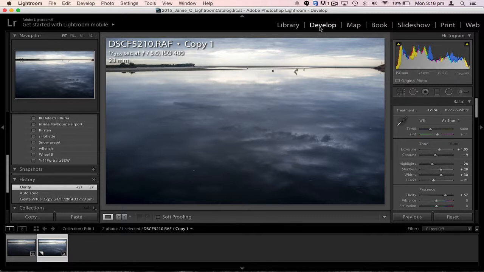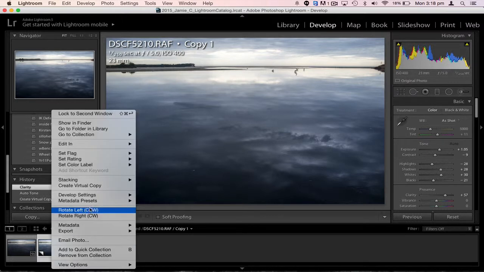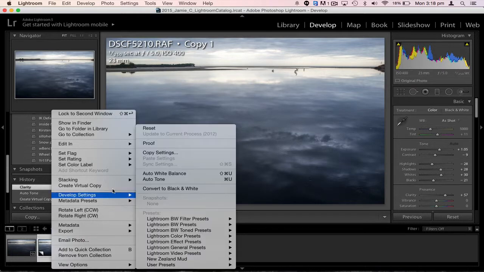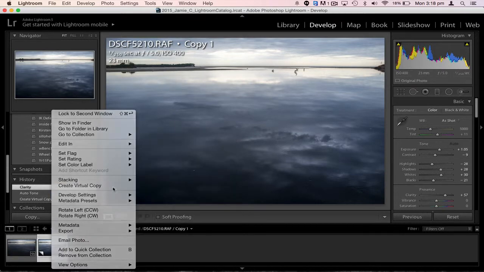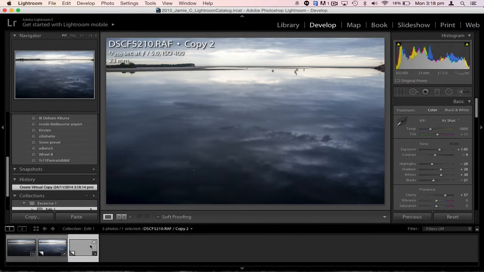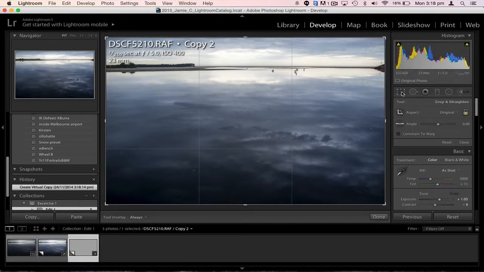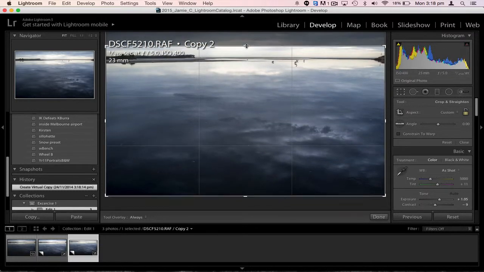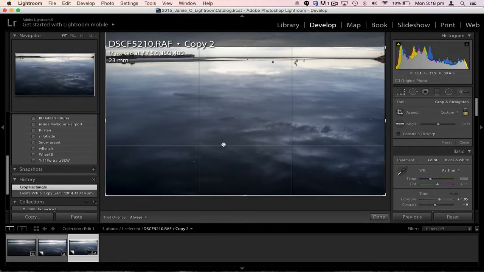Now I'm in develop mode. In the film strip at the bottom, I can right click on this photo and go create a virtual copy. So I'll click on that and create a new one. This time I'm going to crop it. Unclick this because I'm thinking I want to just change the shape. Like that. So it's all about this with just a little bit of information about pelicans in the background,